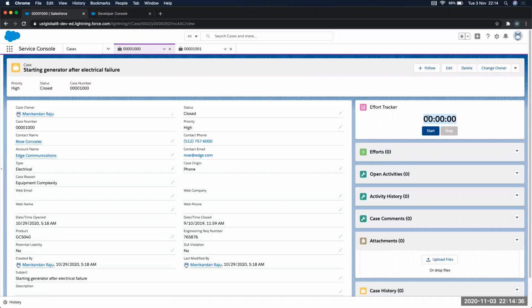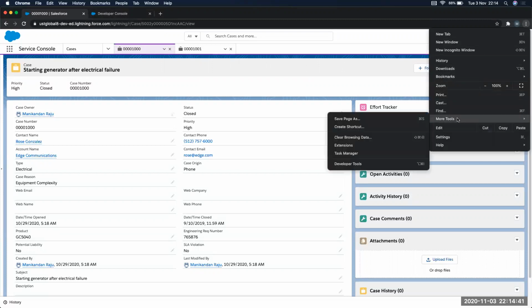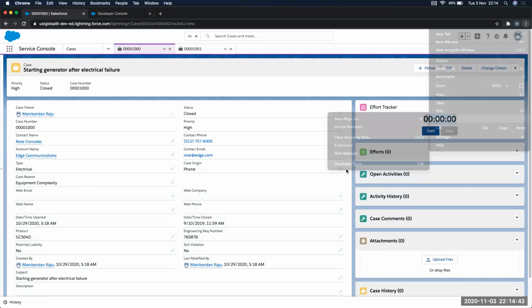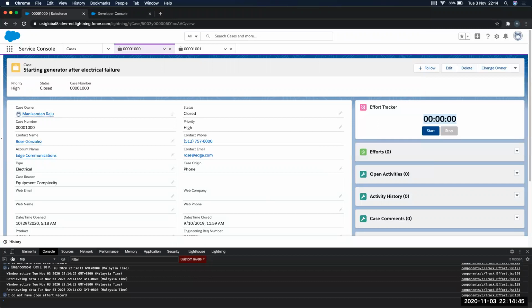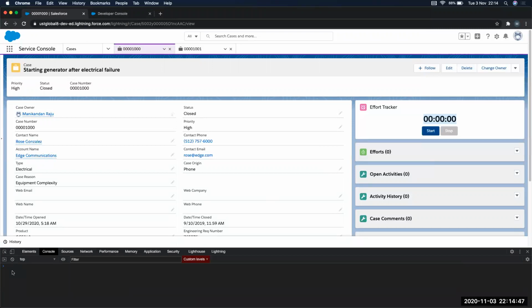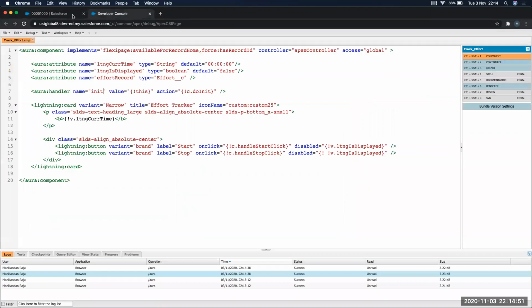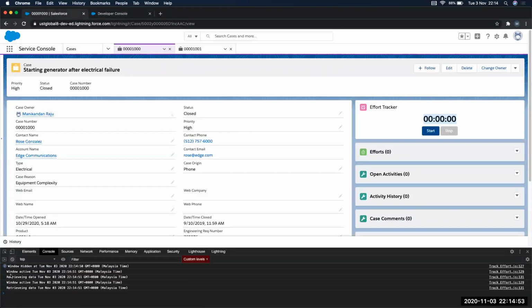Let me open the developer tools as well. You can see that, right? Now let me move to this one and come back here. So you can see that the window was active. The window did get active, inactive, or hidden at so-and-so time.